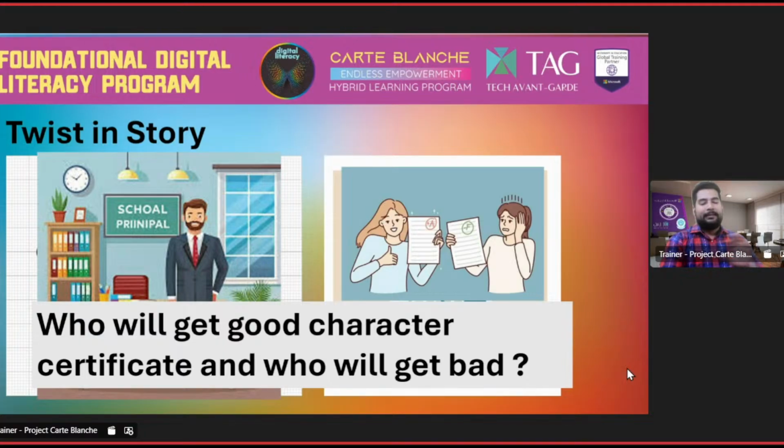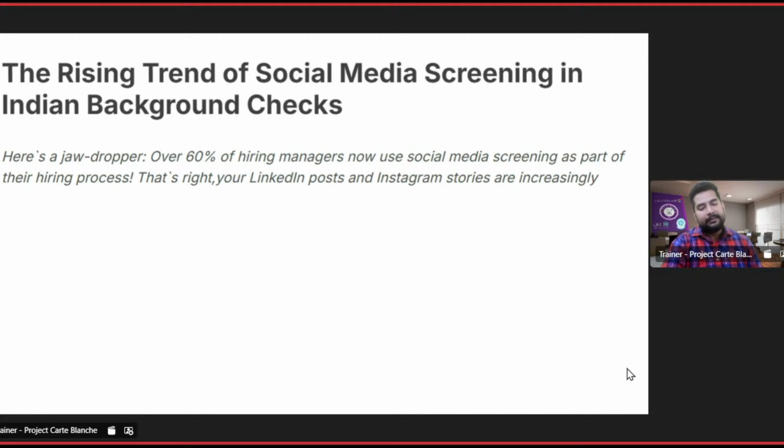So, concept, hope you got it, that is why these two concepts are there. And today, as I was telling you, the rising trend is social media screening in Indian background checks. Over 60% of hiring managers now use social media screening as a part of their hiring process. Can you believe it? That's right. Your LinkedIn posts and Instagram stories are increasingly